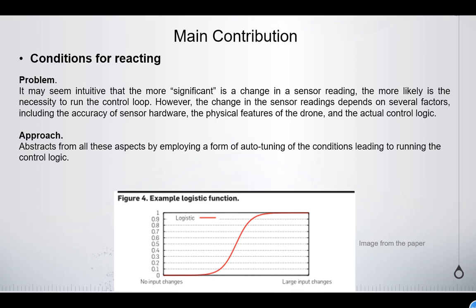Therefore, an accurate statistical estimate of this random phenomenon can help make informed decisions about whether to run the control loop. Among the estimators with binary dependent variables, logistic regression, as shown in Figure 4, fits well with these situations. For small changes in sensor input, the probability of an attractor setting change is small. When the change in sensor input is large, the change in attractor setting is deterministic.